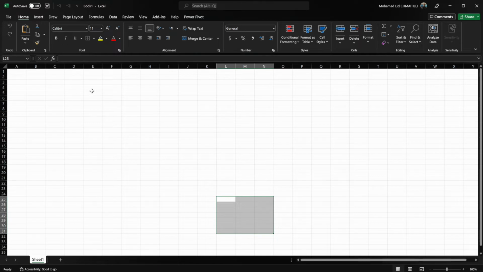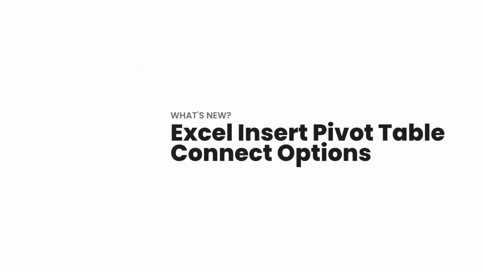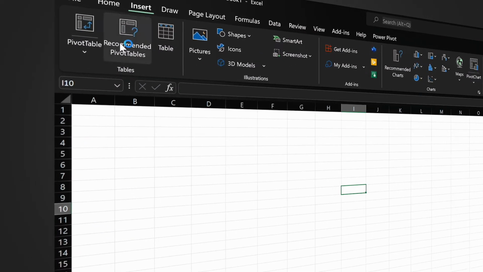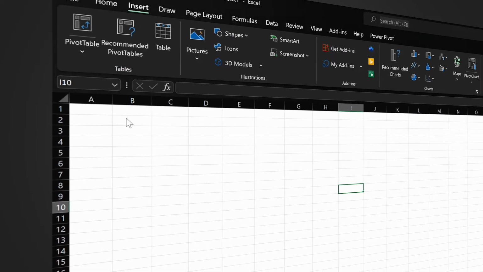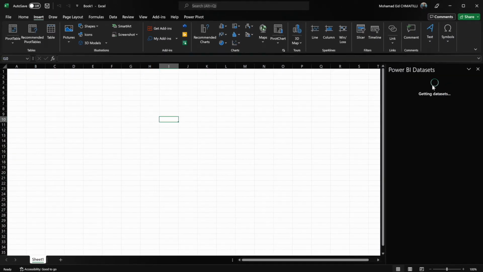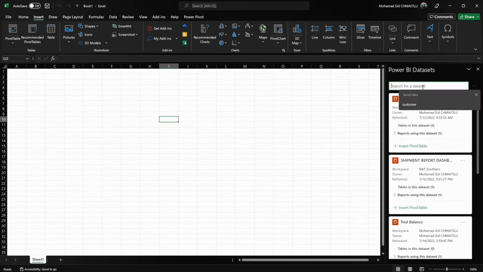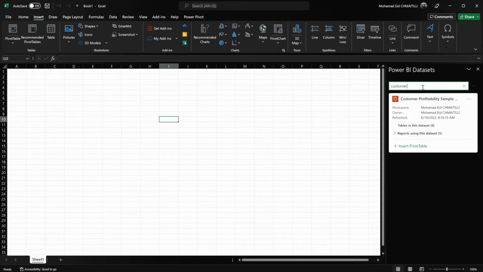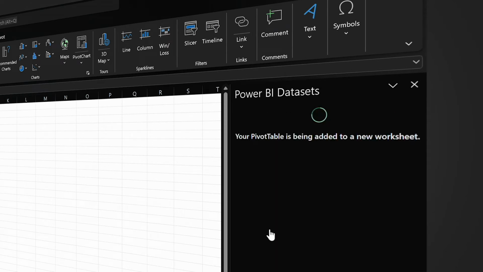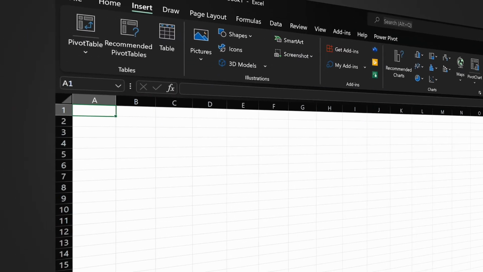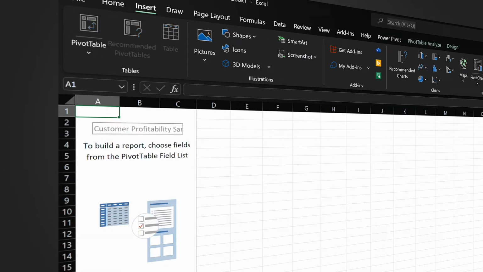So you see here I am in Excel. As I told you previously, we had to go to the portal and from the portal select Analyze in Excel. So if I go back to Excel, all I have to do is click Insert, then drill into the pivot table, and say From Power BI. Once I click From Power BI, I get to see all the data sets that I use in Power BI. And if I, for example, write Customer Profitability, which is the one I'm using for this sample data, all I have to do is insert the pivot table, and you will see the data gets connected directly to the data set, and I can get to play with it.